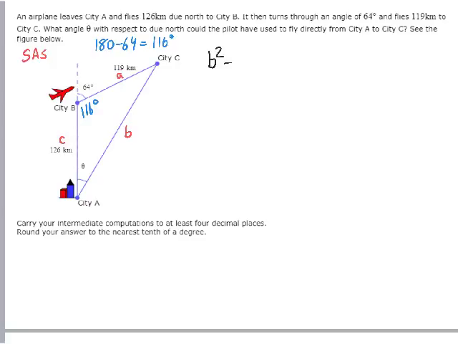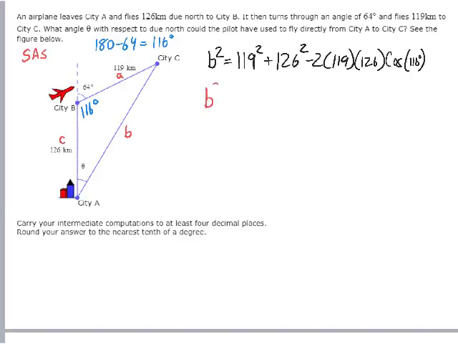So B squared is equal to A squared, which is 119 squared, plus C squared, which is 126 squared, minus 2 times A, which is 119, times C, which is 126, times cosine of the angle between them, or angle B, which is 116 degrees. And I simply put that into my calculator,